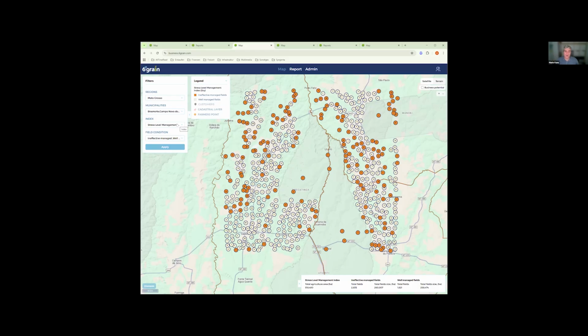So if you're a bank who wants to issue a loan, I would issue a loan to the guys who are doing well-managed fields here, or the same with insurance companies, because these are your targets. Here you probably can decrease your risk of bad debts.